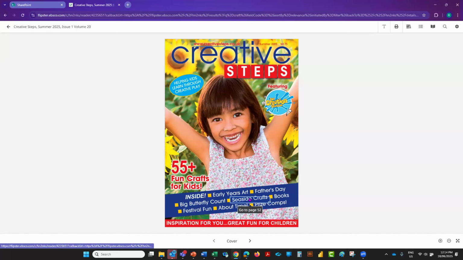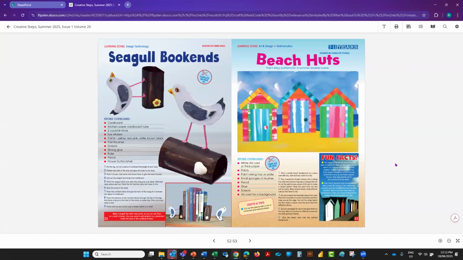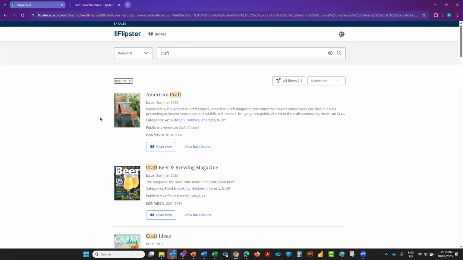So let's say I'm interested in seaside crafts, and I can see those listed there. All right, if you happen to know the ISSN of the magazine you're looking for, that is certainly possible as well. But let's just go back now